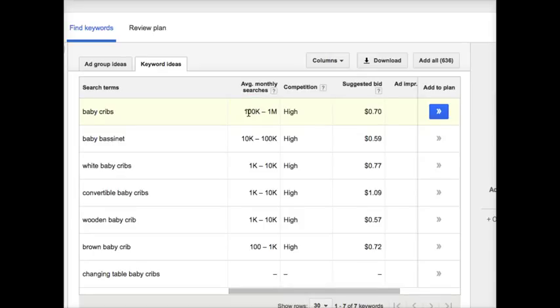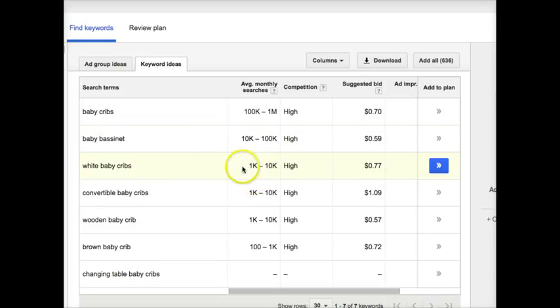And that was an estimate based on the last 12 months of searches that they had. The way they're doing things now is they're only going to give you this range unless you pay to run ads. If you have active campaigns, then they'll show you more specific data and give you a more specific number.